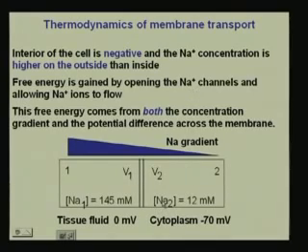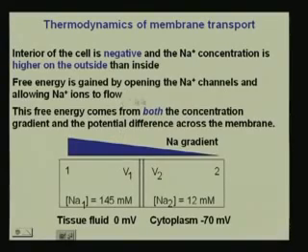Because your concentration on the other side is low. So, if you are going from a high concentration to a low concentration, then that is favorable, right? We calculated that the delta mu is going to be negative for such a case because the ln is going to be negative, right? So, we gain free energy by opening the sodium channels and allowing the sodium ions